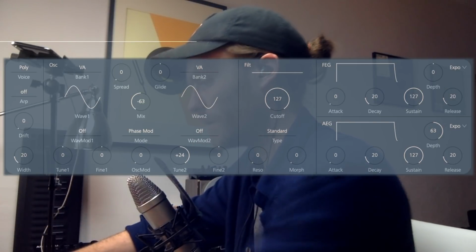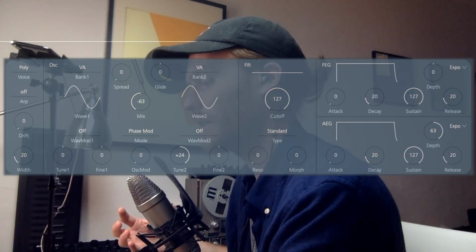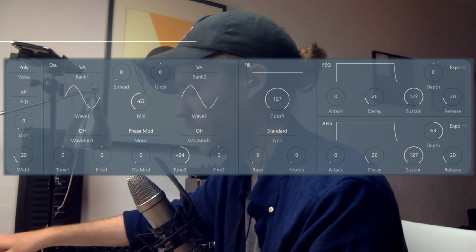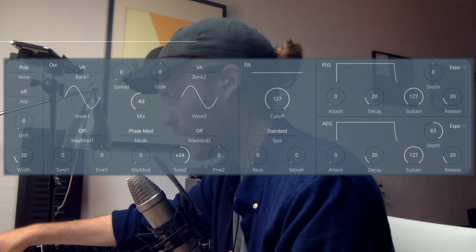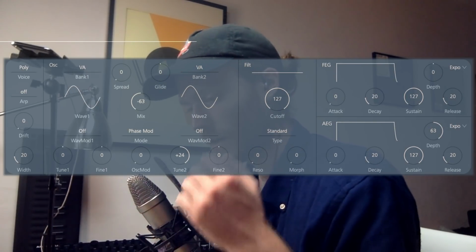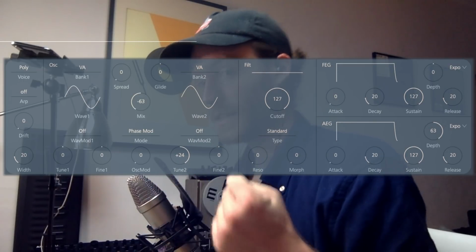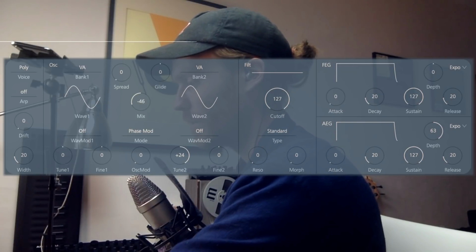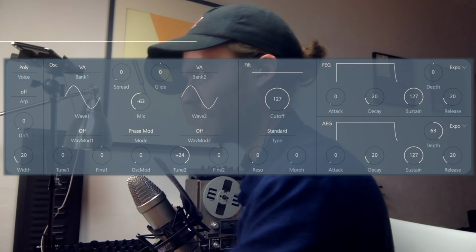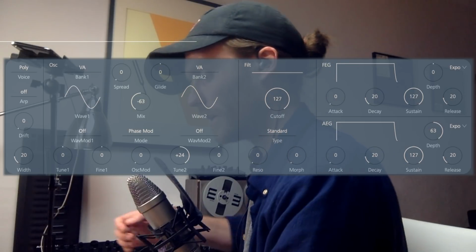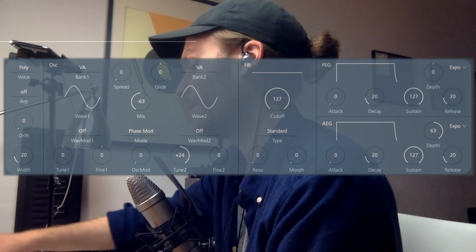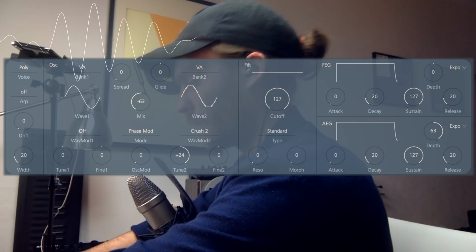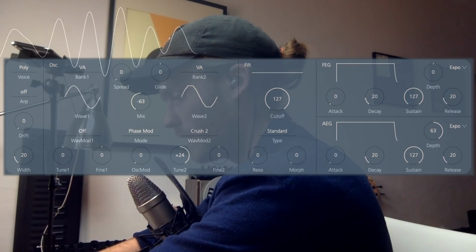But if we have it only on wave 2, we're only going to be affecting the kind of attack portion of this sound because of the mod envelope assignment that we made. We're only going to be affecting that first attack bit. So I can make this kind of rough digital piano, but I can keep this really nice clean sine wave. So I'm going to show you this now. This is kind of a nice tip when you're using this technique, mixing only on wave 1. So we're going to apply some of the WAV mods to wave 2. We don't hear anything at first because